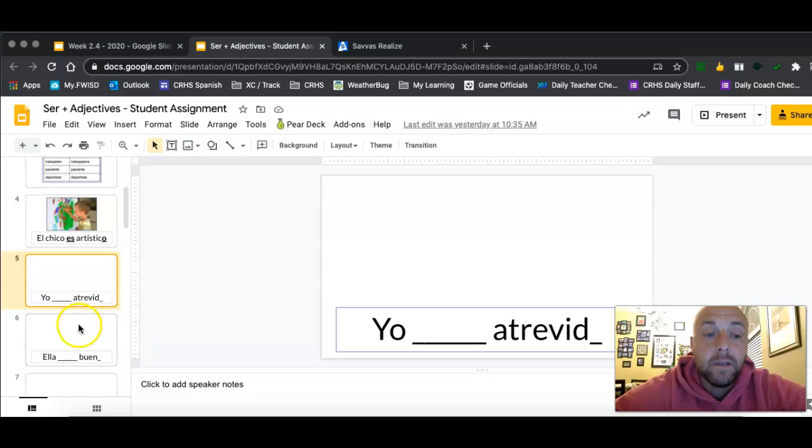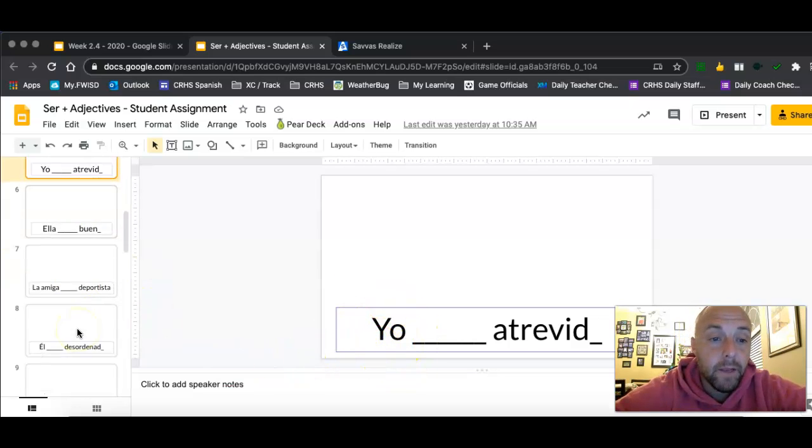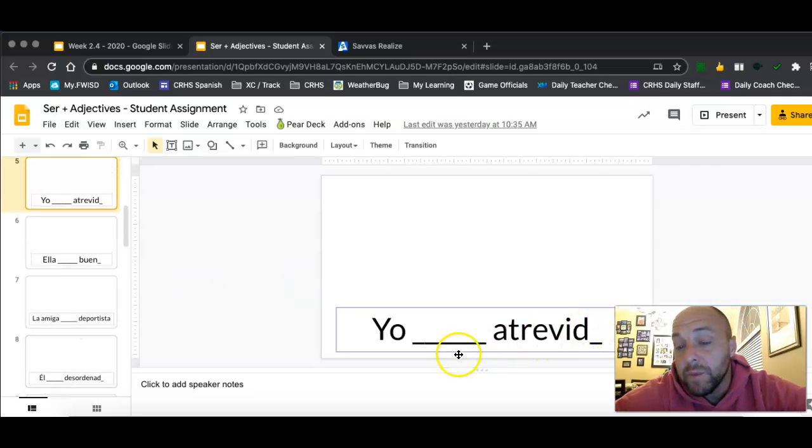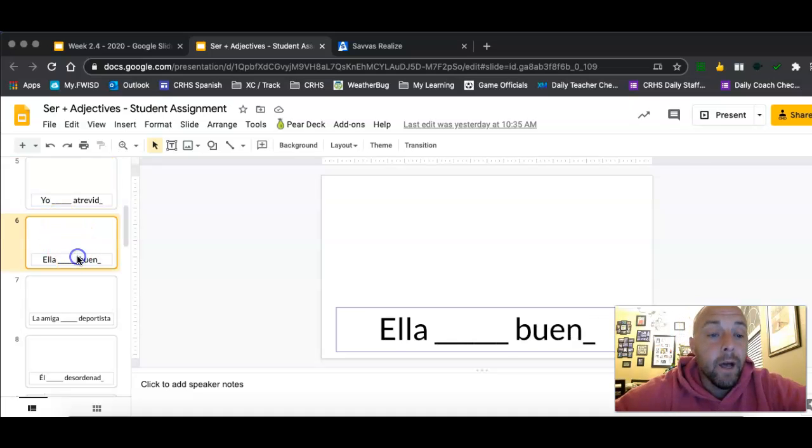depending on, in this case, you, who we're talking about, right? Now, some of those will be different for some of us, right? I would put yo soy atrevido, right? My wife would put yo soy atrevida. Now, in this first blank, so ella, soy or es, and now here's the thing, everybody should get the same answer for this one. Ella means she, so we would have the feminine ending of the adjective, excuse me, in this spot